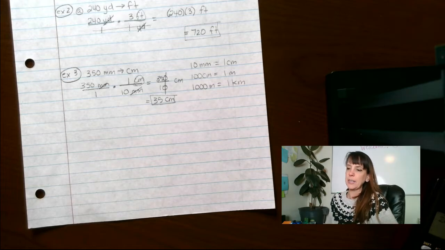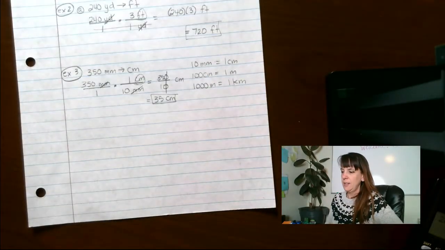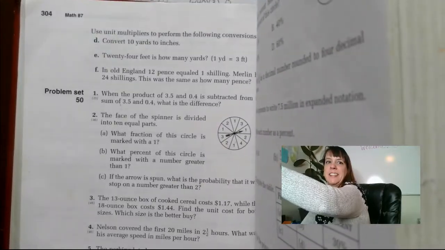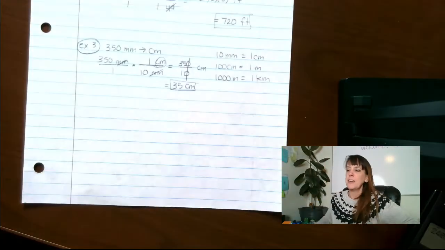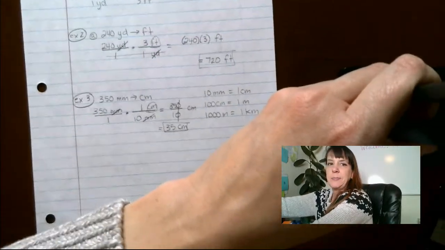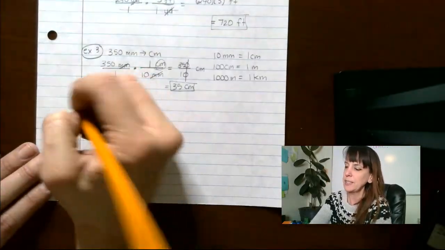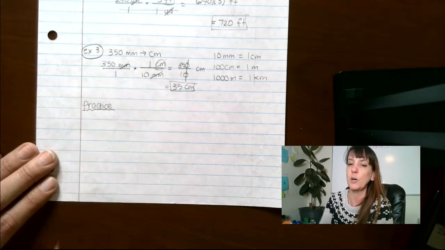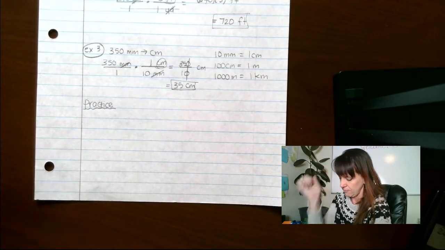All right, so go ahead and do the practice problems at the bottom of 303 and 304. If you need, there's the practice problems there. And then here are the practice problems, kind of hard to see. There are the practice problems at the top there. There you go. So go ahead and pause the video, do those practice problems, and then come on back. Okay, so practice problem. Now, if you're not doing the practice problems on your notes, you need to be doing them on your homework, one or the other. All right, so